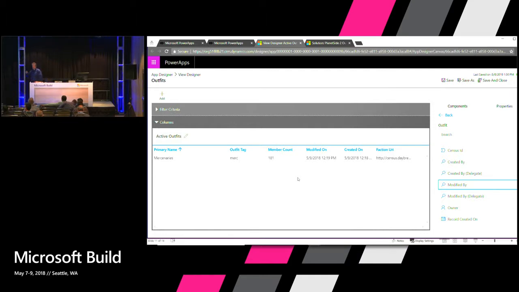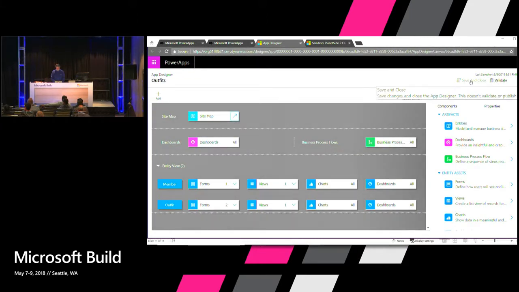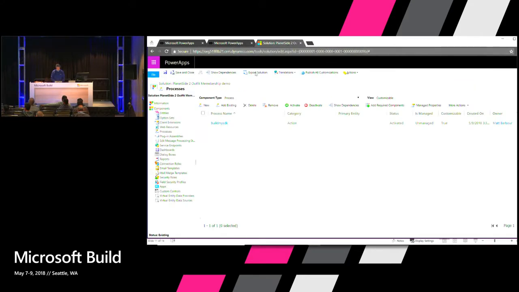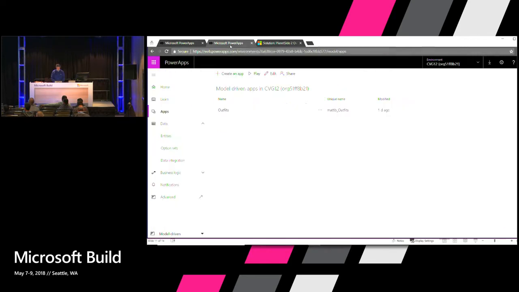It reads data live. It takes a snapshot of the top row or the top couple of rows and actually renders them into the UI so you can see how that data is going to look as you're building out your UI. Okay, so I'm going to go ahead and save and close that, and actually go back into it because I forgot to publish it. That's fine. Save and close. We'll come here and we'll issue the publish command from there. Okay, so